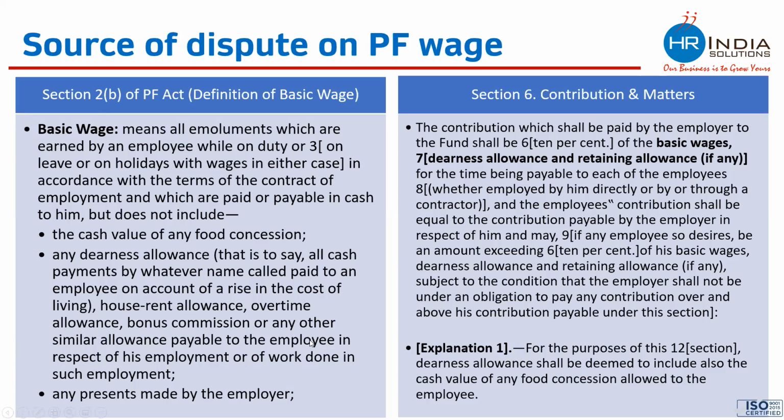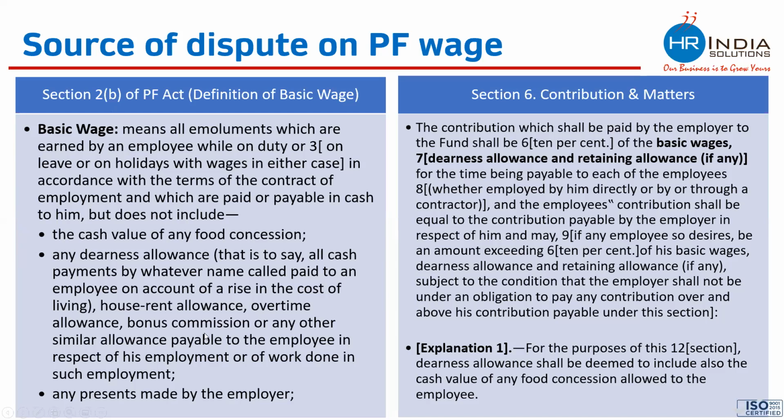Overtime allowance, bonus, commission, or any other similar allowance payable to the employee in respect of his employment or work done in such employment, or any presents made by the employer. It means this definition is saying that all the earnings of the employee in the form of cash, in the form of money, are basic wage. But